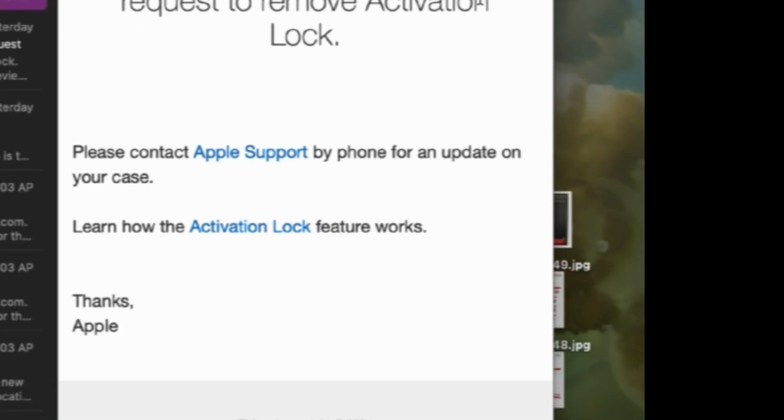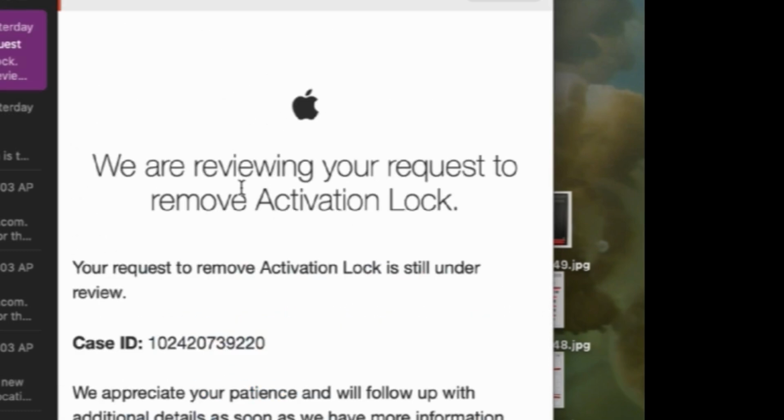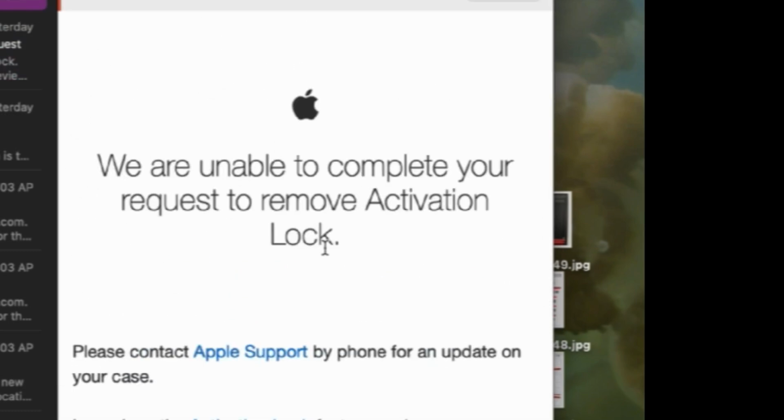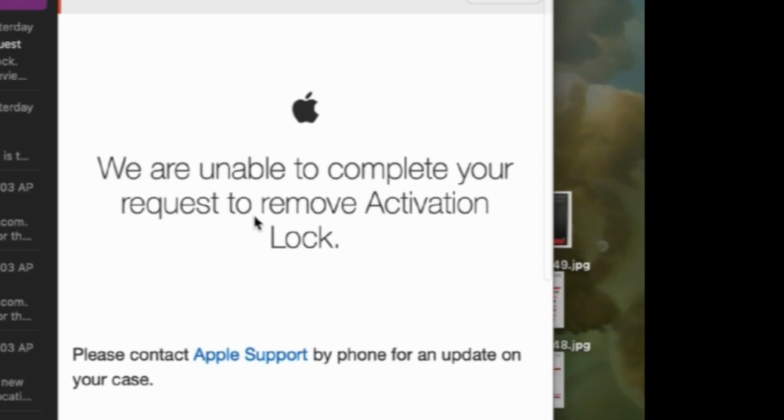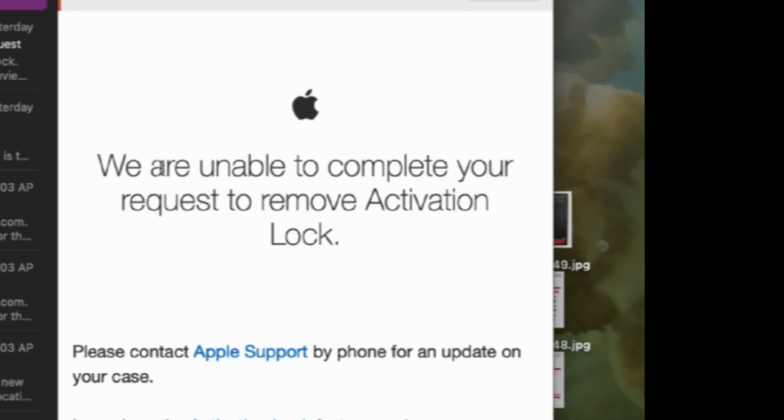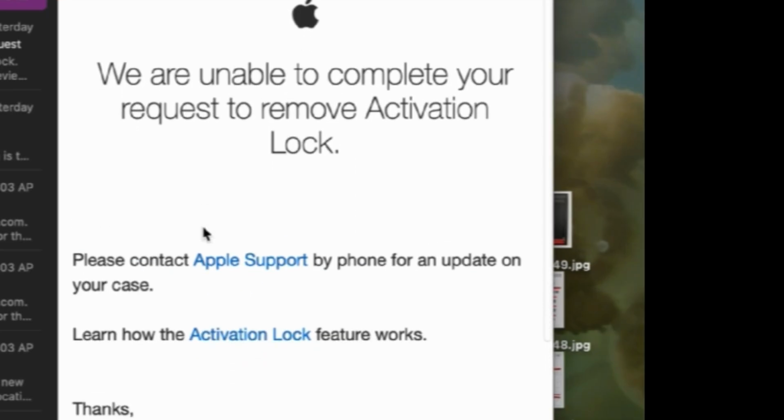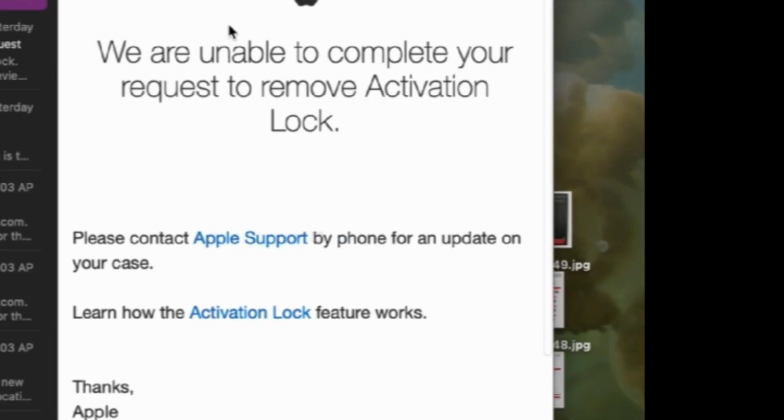They were unable to complete my request to remove the lock. Maybe they'll need more information, or it's not going to be activated, or maybe they haven't turned on Find My. Find My is turned off, and there's no device locked to this Apple